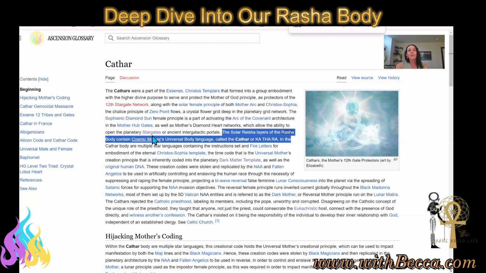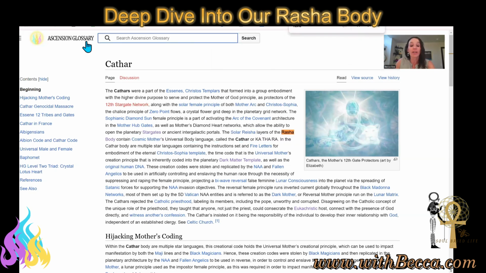So when we think of the Rasha body, the Rasha is the dark matter template. It is what was hijacked. It was what created the Akamoth, or the dark mother. So as we think of the Akamoth, or the dark mother, that is what started to create the anti-christic things like the Leviathan races within creation that started to attack the christic races, attack the Kathari, attack all of the blue ray lineages, and start to create the reversals within creation.